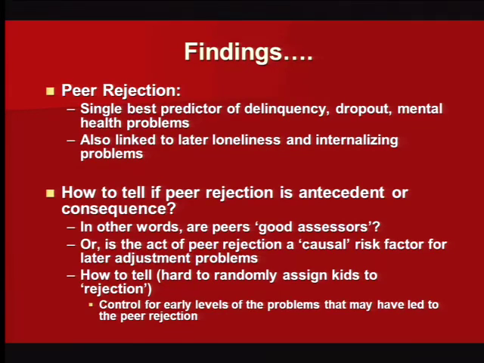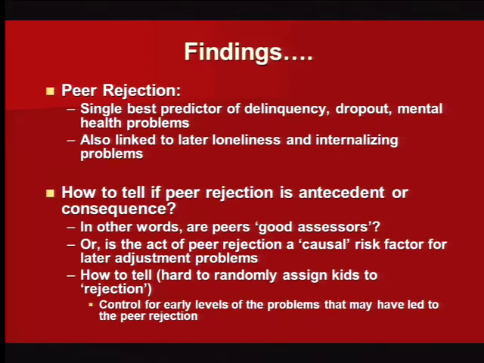So peer rejection here is the risk factor, the single strongest in these district-wide studies. These are studies of thousands of kids. But what does peer rejection mean in 2nd and 3rd grade? Does it mean that what we should really be doing in clinical psychology and psychiatry when we want to do assessments is not hiring testers? We should be hiring 2nd graders. They're really good. They get who's popular and who's not popular, who's liked and who's disliked. So it might mean that peers are really the most sensitive because they hang with these kids all the time. They can tell who's aggressive, who doesn't read social cues very well, who doesn't fit.